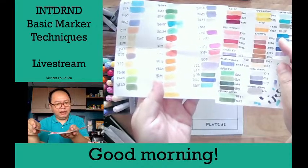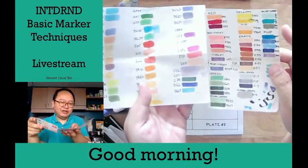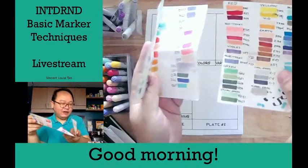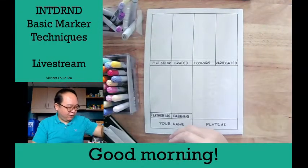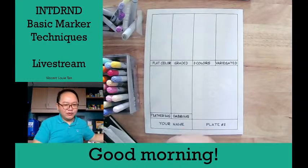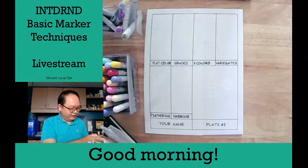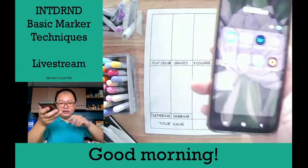It's kind of meditative, it's kind of relaxing if you're doing it for the first time, no? So hindi nyo pa nagagawa ito, I really suggest that you do something like this. Tapos, if you're one of the fortunate ones who is able to get Copic markers, I suggest that you download this app. It's called